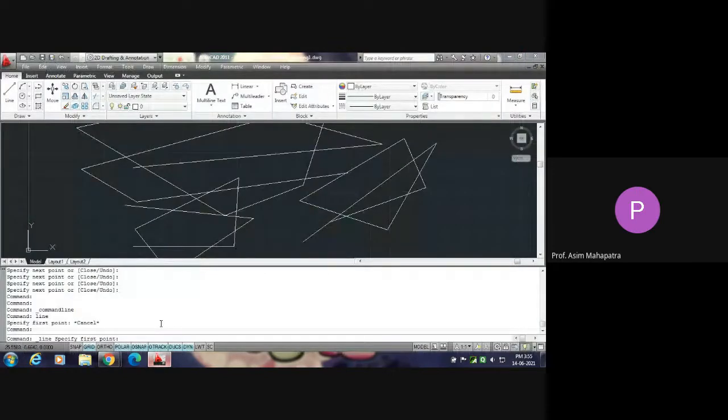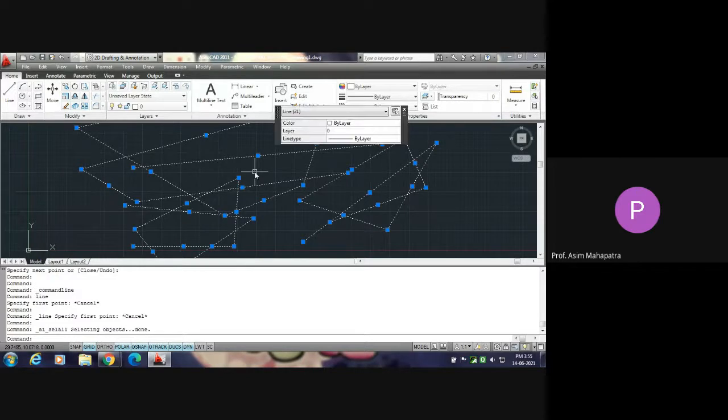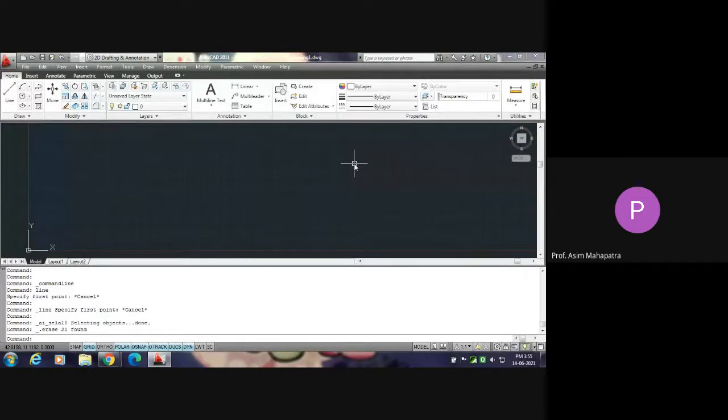Now, as the drawings are not required, I am selecting all the lines to erase them. For selecting all the lines, I am clicking Control A, which means select all. All the lines will be selected, and then you click on delete, so all lines will be deleted.